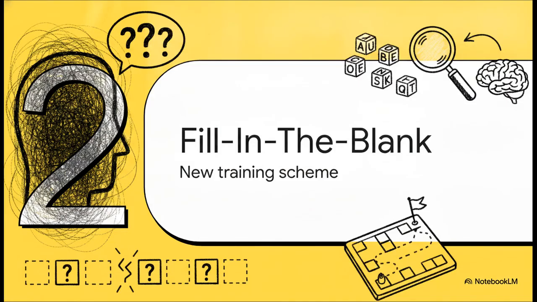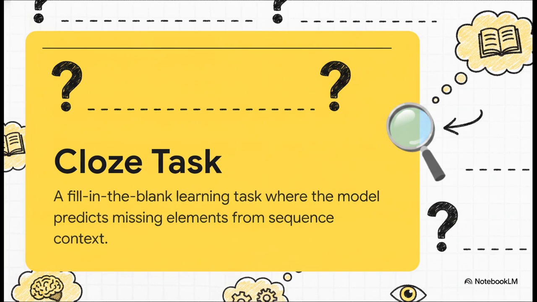Moving on to part 2, the fill-in-the-blank test, or training without predicting the future. So here's the catch. Since a bidirectional model already sees the entire sentence, you can't train it by asking it to predict the next word. The answer is literally right there. Researchers had to invent a completely new game. They borrowed a concept you probably remember from grade school, the classic fill-in-the-blank test. In linguistics, this is formally called a closed task. You take a sentence, hide a word, and ask the model to guess the missing piece based entirely on the